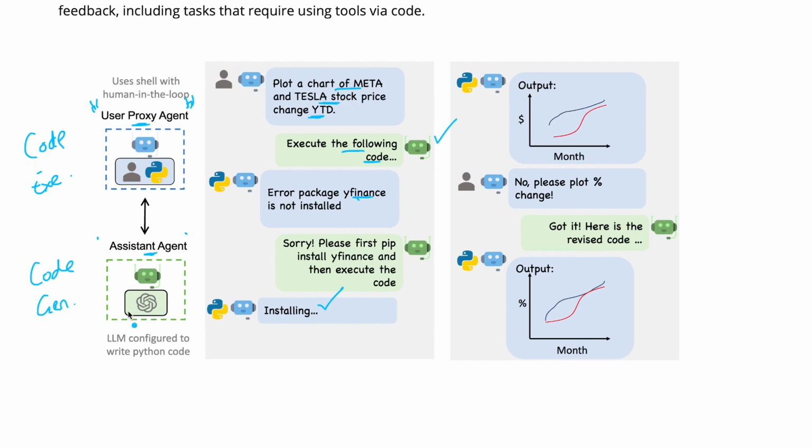So it is using LLM to generate the code, stating to execute the following code. It's providing the code to execute, asking the user proxy agent to execute. But user proxy agent, while executing that code, found an error with a package. And then assistant agent gave assistance stating that please install this. So the user proxy agent abided by that particular instruction and then installed that package and then generated this output. And you also can ask for any revisions to it. If there is any error, it auto corrects, as we have already understood that the whole